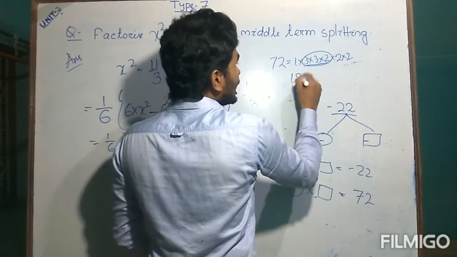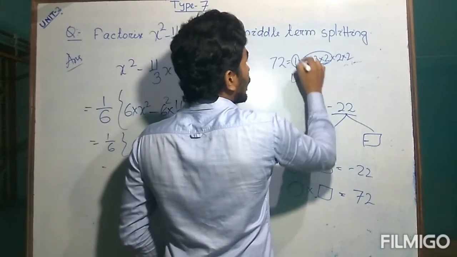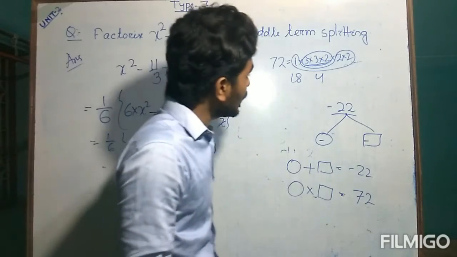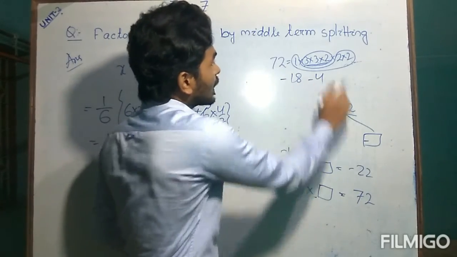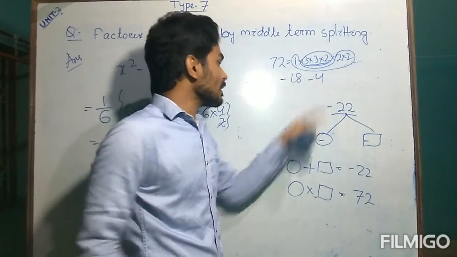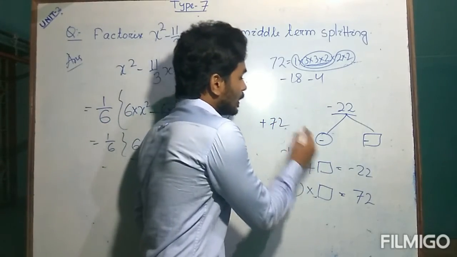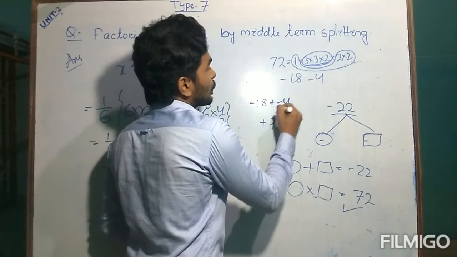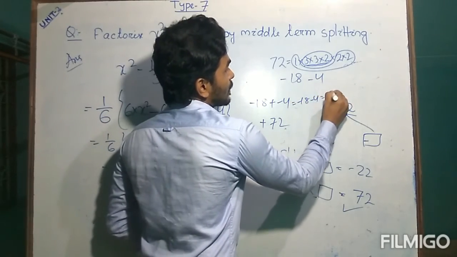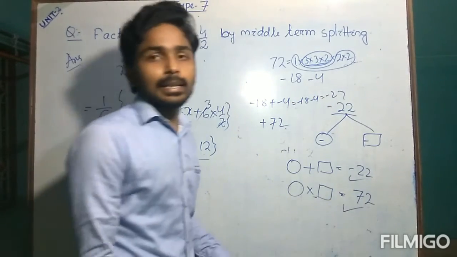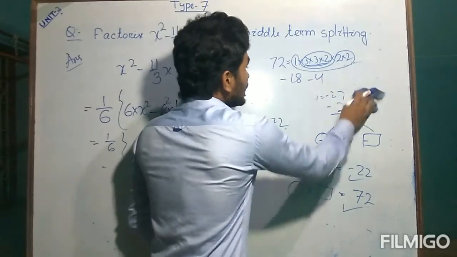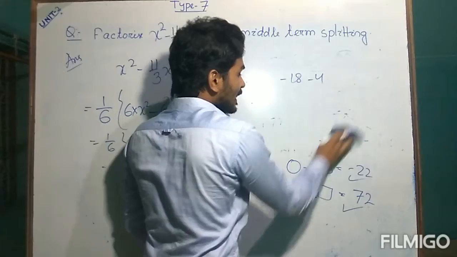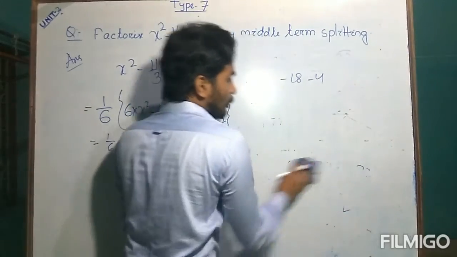3 3s are 9, 2 9s are 18. And the remaining 1 and 2 into 2 into 2, that is 4 1s are 4. Since all numbers must be negative, so negative. When they are multiplied, then minus into minus, plus, 18 4s are 72. So this is satisfied. When they are added, minus 18 plus minus 4, so minus 18 minus 4, that is minus 22. And this also is satisfied. So our assumption is correct. So what are the two numbers? The two numbers will be minus 18 and another number is minus 4.